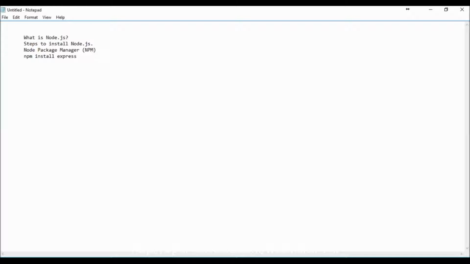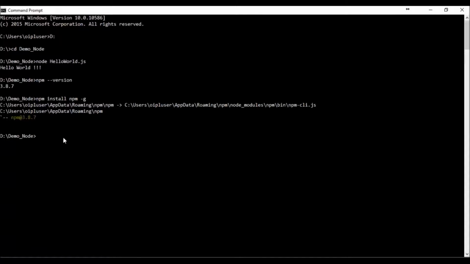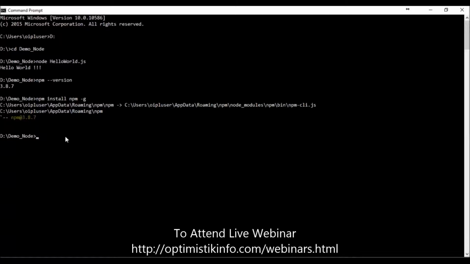If I want to use this express in my .js file, then we can use it like this: var express = require('express'). Now see, installation is complete. Now see, npm --version. It is showing the latest as 3.8.7.